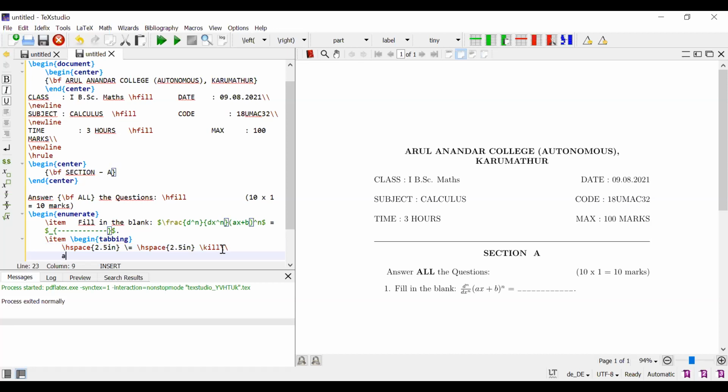Next, my option is A. Derivative of e power x. E power x.